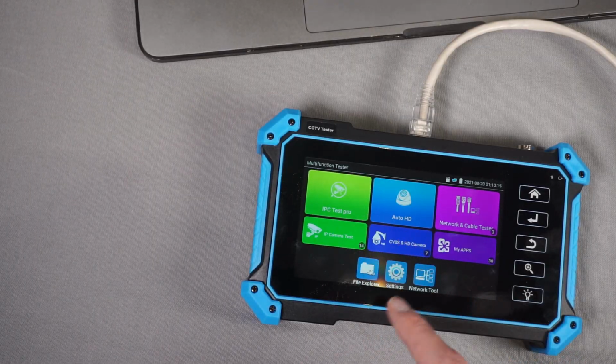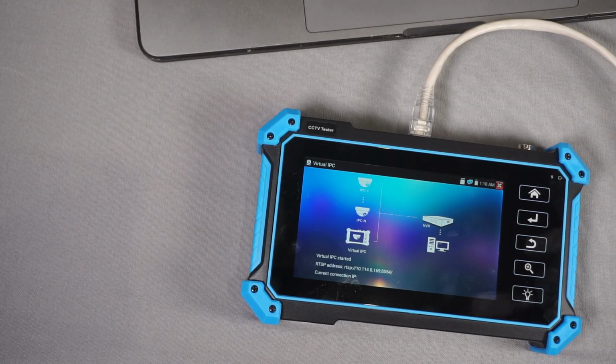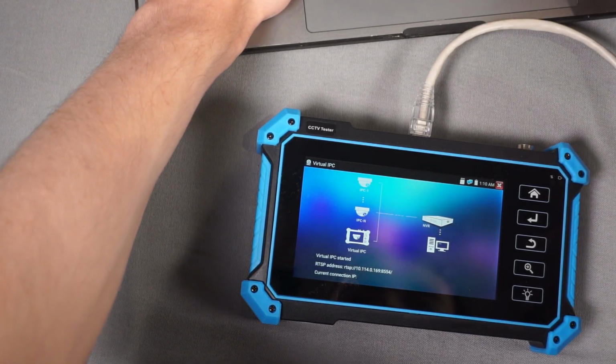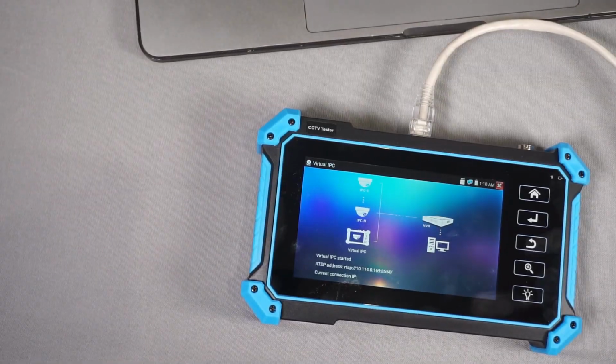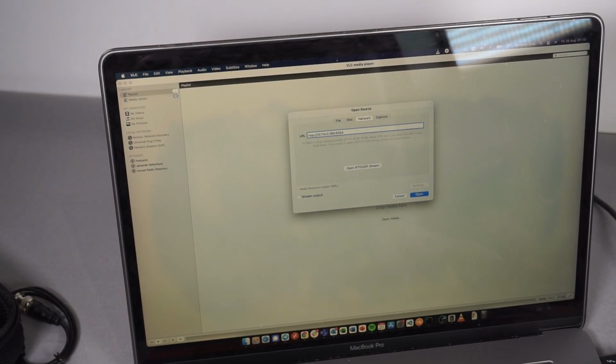Now, if I go back into here and open up that virtual IPC app, it'll show this screen and give an RTSP address. And if I type that into the laptop here, like that, I've just taken that URL and typed it into VLC on this laptop, just as a sort of test application to show it. And if I run that,